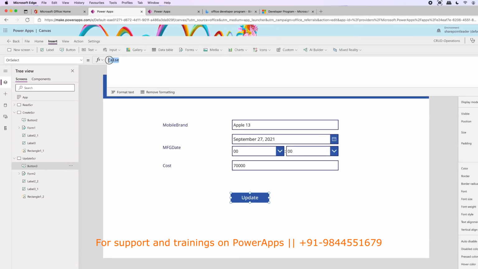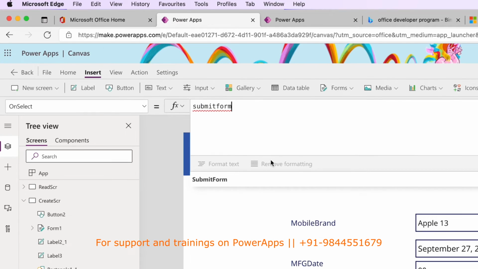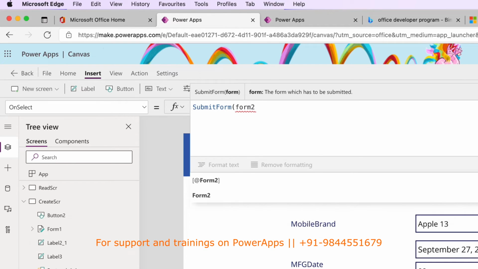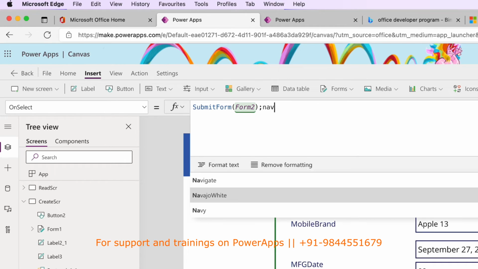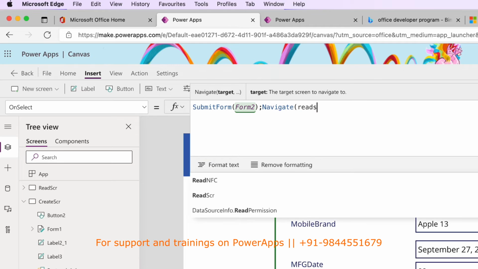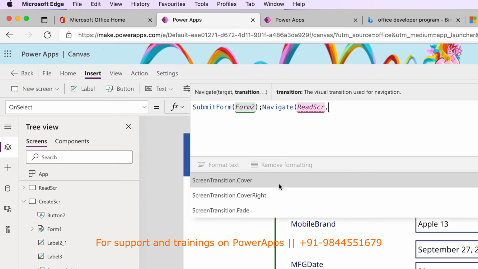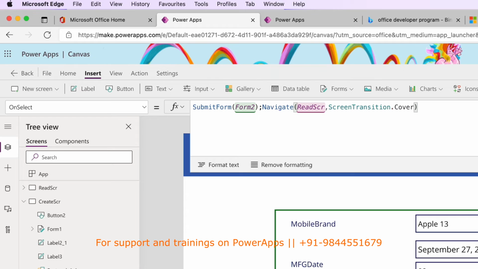So like same here, submit form, and give the form name form 2 here, and again navigate to read screen, comma, here just give some transition. Okay, now you are good to go. Okay, so let's